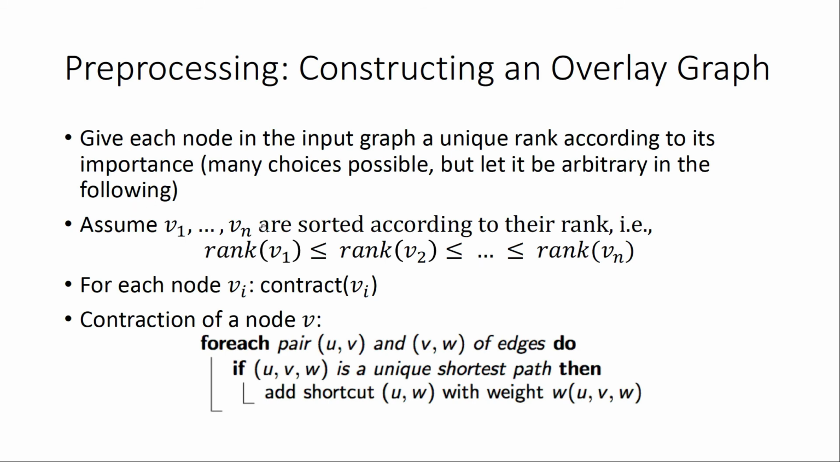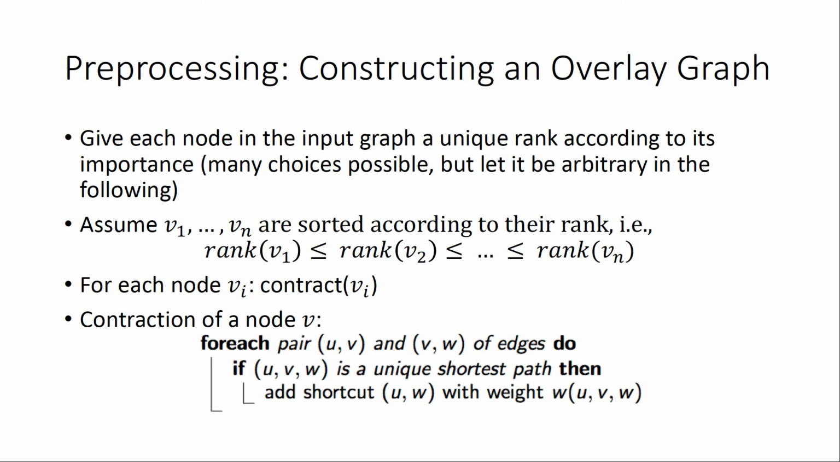And then preprocessing is, for each node, you say, oh, please contract this node. That's why it's called contraction hierarchies. The basic operation in preprocessing is contraction. And I have an example on the next slide, but let's just go through this